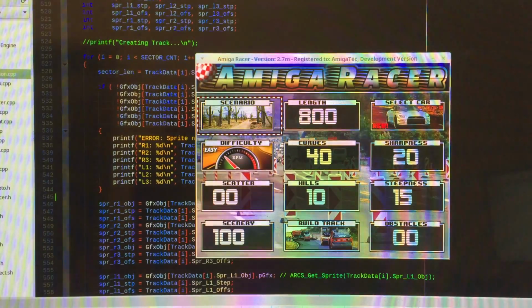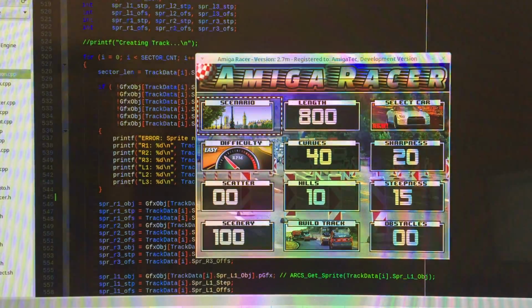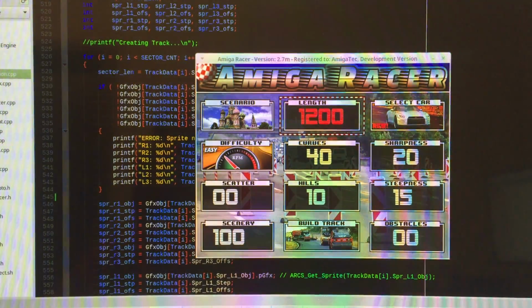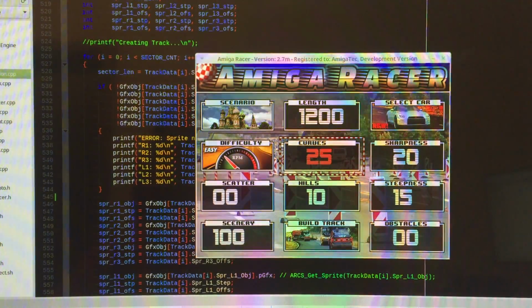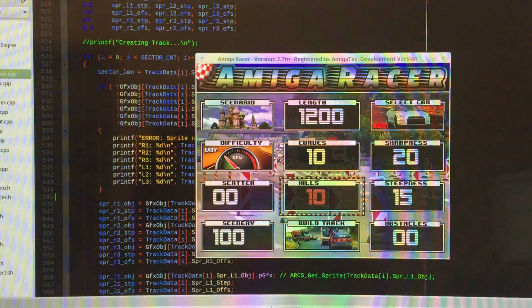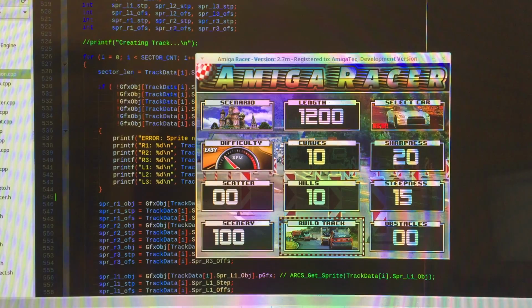Of course you can go now here to the constructor, and you can select here your own scenario you want. Yeah, for instance the Russian scenario. Whatever change here, no curves, just straight or almost straight, whatever you want. So, and then you go here on build track,